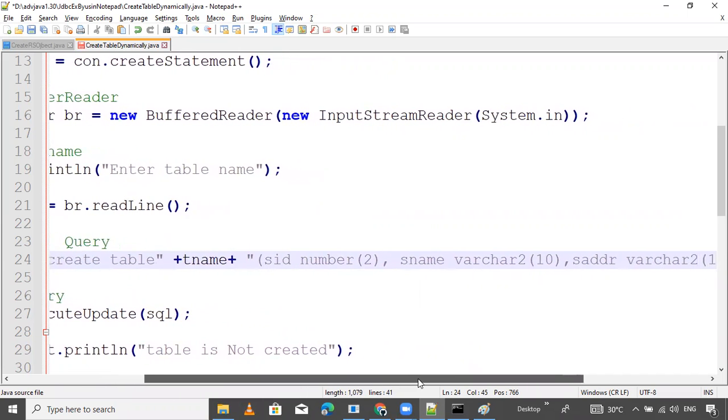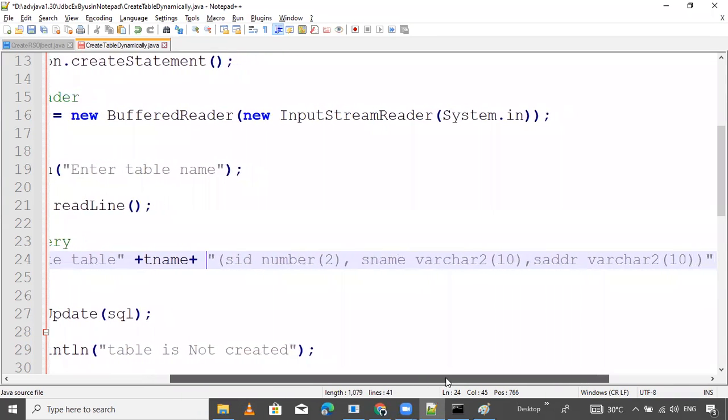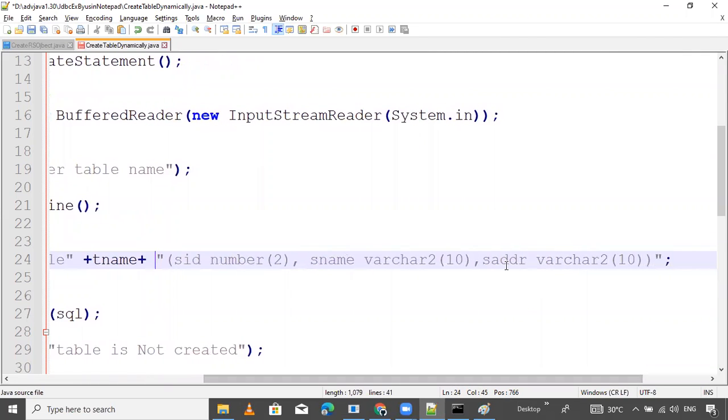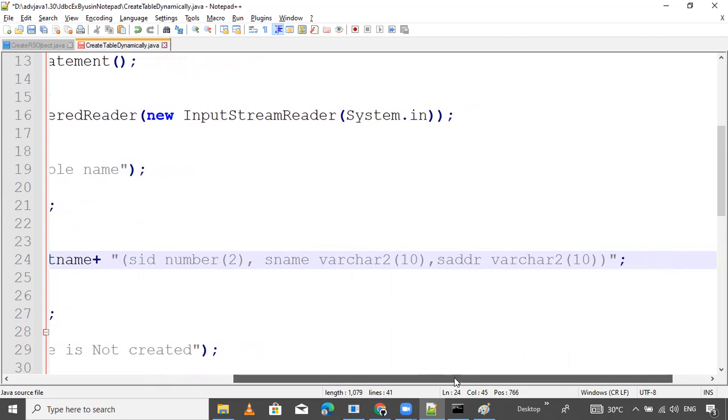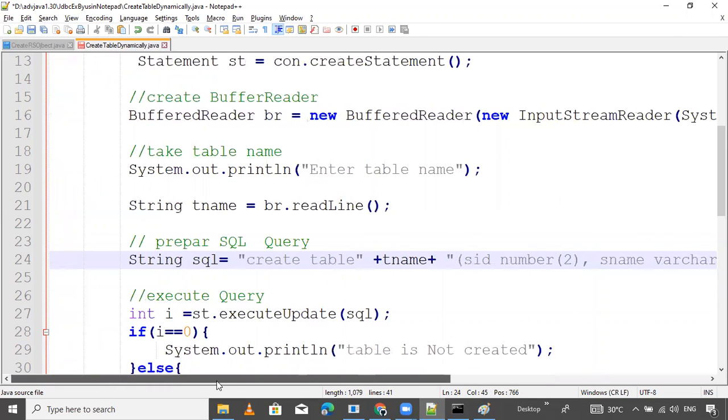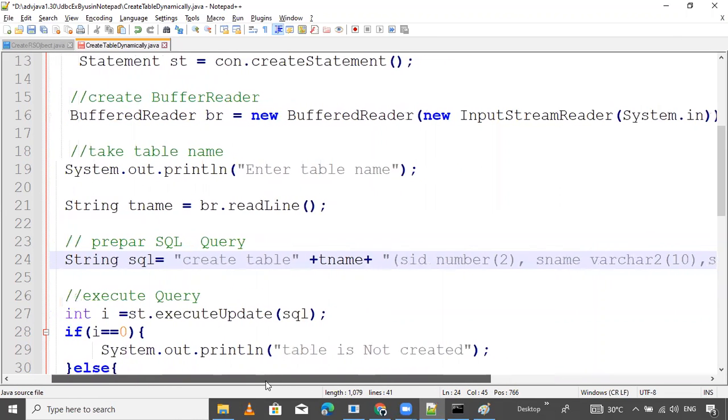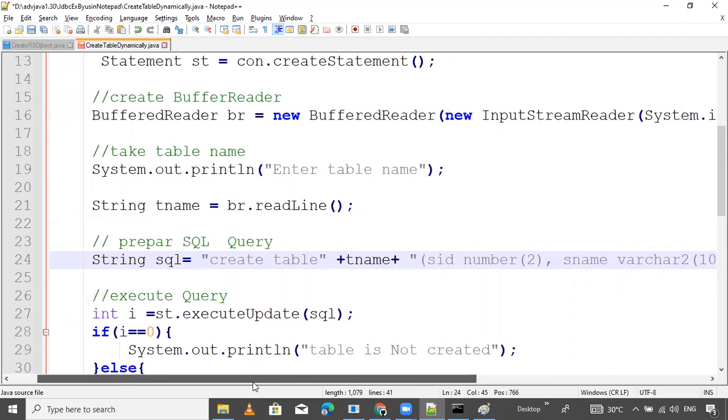Yes, name is varchar2. Okay, varchar2, and the size. That is good. I think all these things are good. Why is it not creating? Let me check one more time. The spelling is good. I don't want to pass this number.